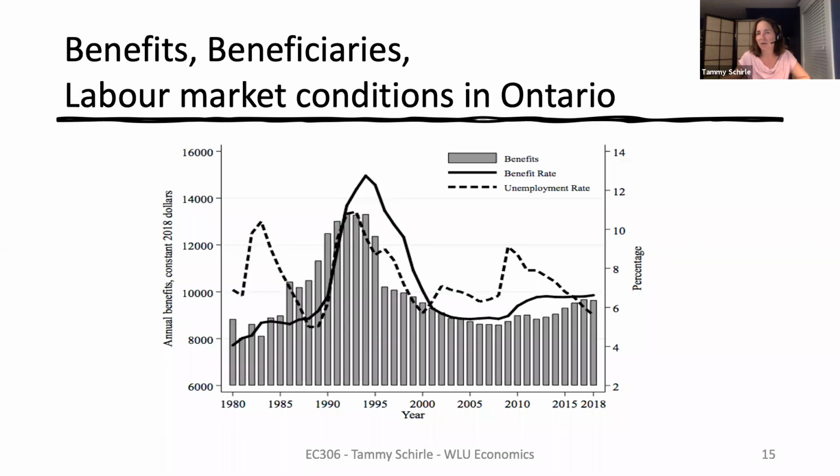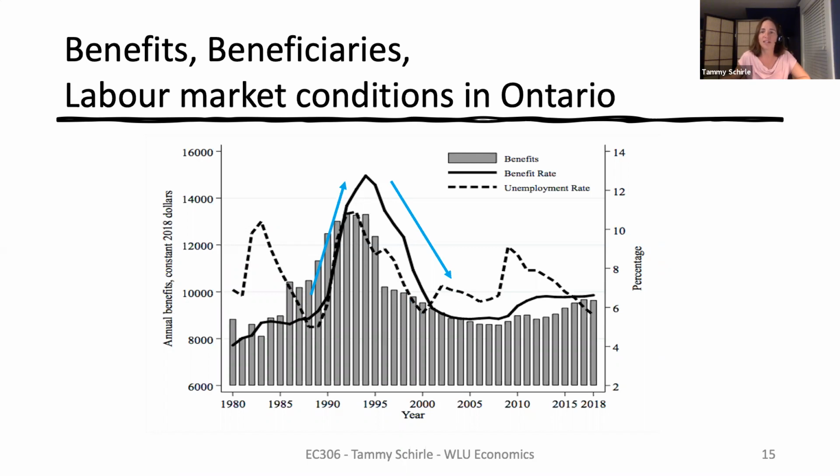Consider that from our basic model of labor supply, an important part of the incentives is the wage offer in the labor market. When labor market conditions don't favor workers, such as when there's high unemployment, we might expect to see lower wage offers being made. Similarly, when unemployment drops, like it did for the second half of the 1990s, wages would rise, bringing more people into the labor market. Here, at least some part of the change in welfare beneficiaries over time could be attributed to changing labor market conditions.